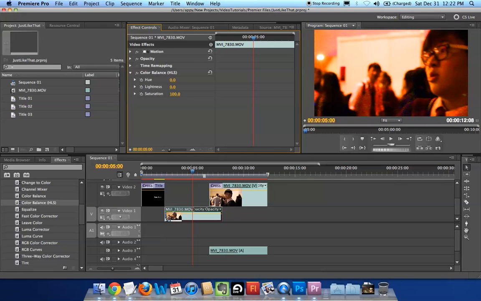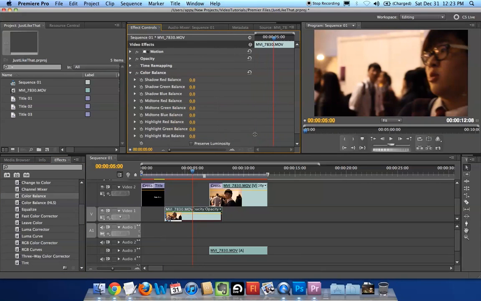The more saturation you have, the more colorful it's going to be, and lesser saturation will be less colorful. So this is one way of removing that yellow color, but at the cost of the other colors, like the video is almost becoming black and white. If you like that kind of feel, then you can go with this, or you can delete this and add color balance, where you can add and subtract other colors.